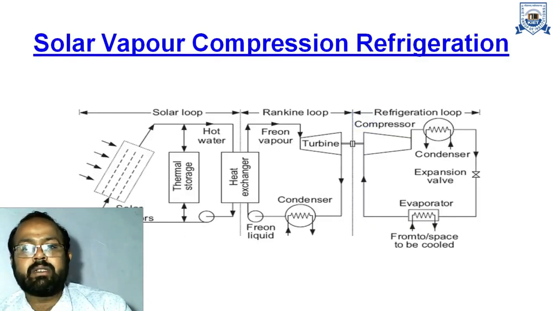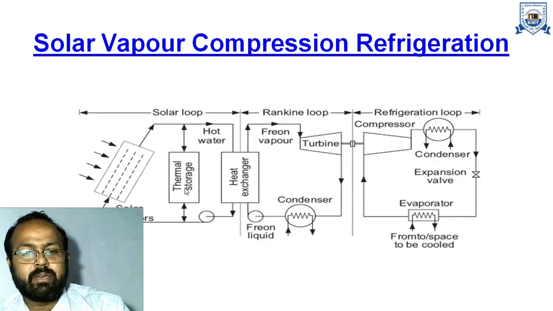This is the solar vapor compression refrigeration system. This is also working on the same phenomena. We use a solar aerator in the soil roof. This is a thermal storage and a heat exchanger. So basically in this segment we use different cycle segments.